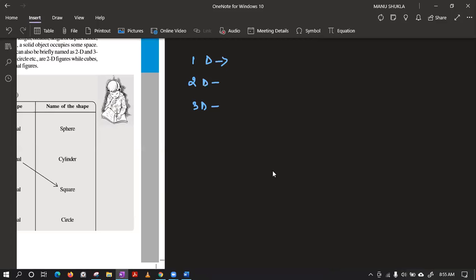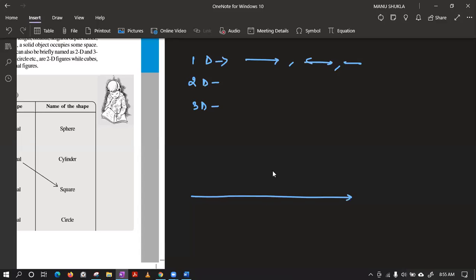In one dimensional we have ray, we have line, we have line segment. Class, you all have seen these are your one dimensional figures, because only one dimension is required in this one. Okay, so the number line that we are using is actually giving us the one dimensional view of something. So if a train is traveling on a straight line and you want to trace its path,